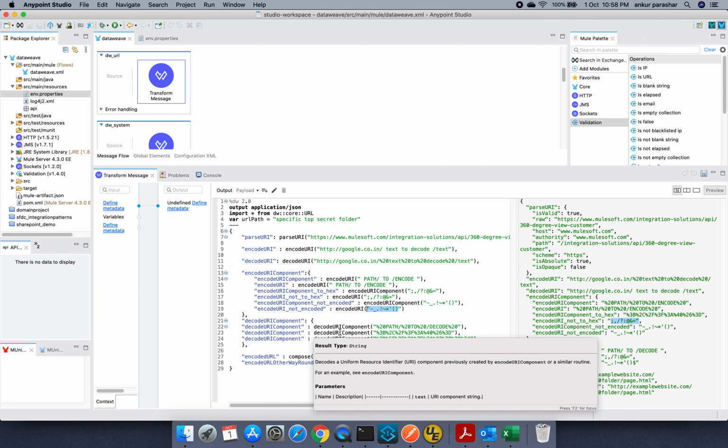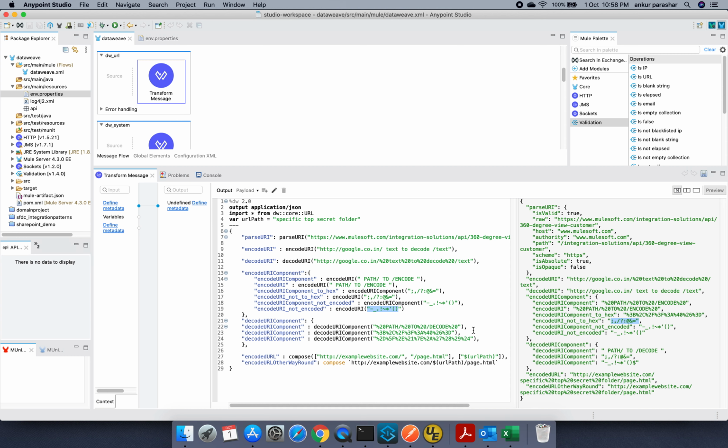Now we are talking about decodeURIComponent. It does exactly the opposite of what encoding was doing. So %20 will be removed and replaced by the white space. Here we are able to see that after decode, there is %20, and it maps to a space. Similarly, when this is decoded, it maps to the special character, and similarly for this one as well. But there is a change in the character length of the characters being specified.